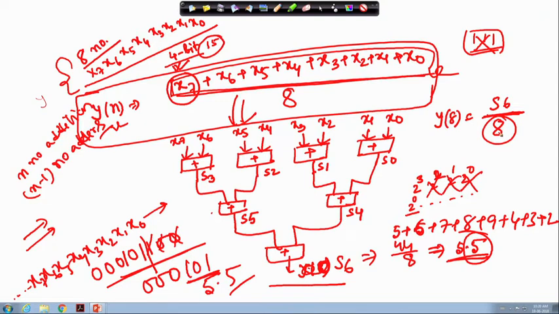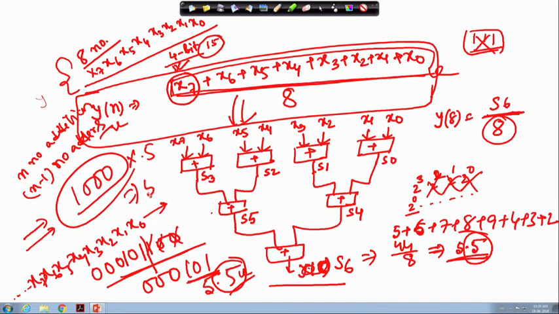Now, if I run these circuits 1000 times in a loop, in each of these loops I am accumulating 0.5. So, 0.5 means 500 is the amount of error which I am accumulating if I run this particular circuit in a loop.